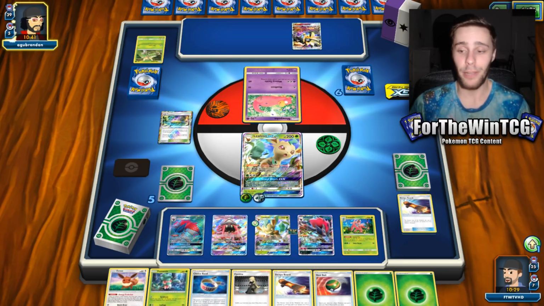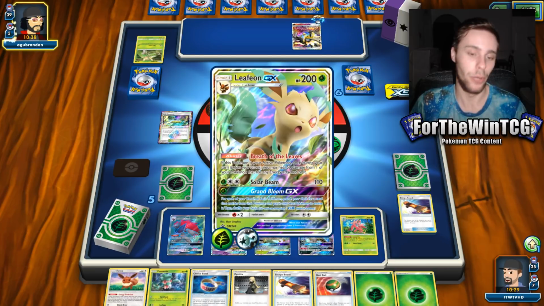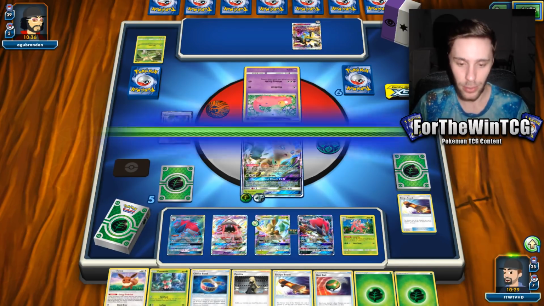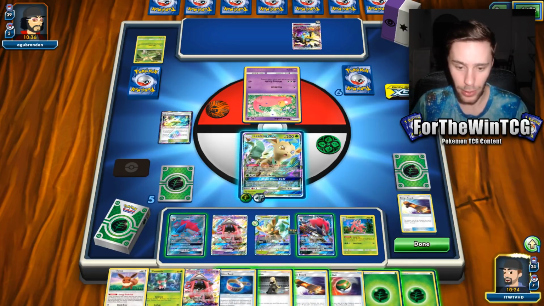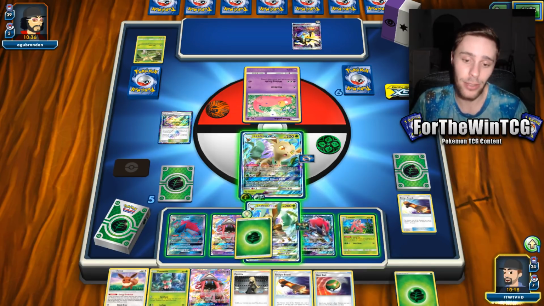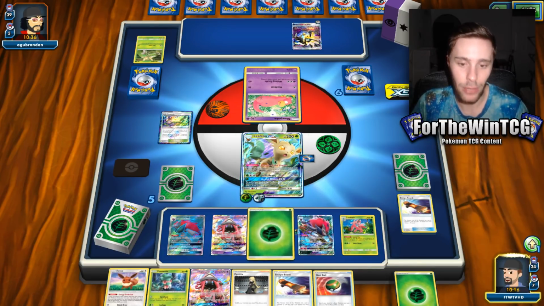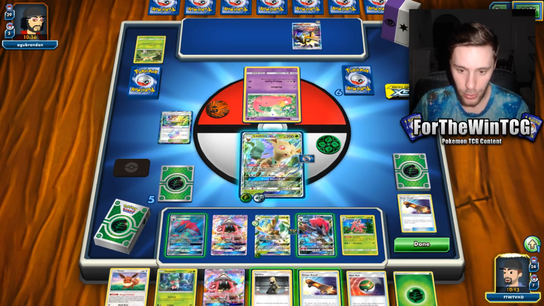Could be wrong, but if not, you could throw Kukui and go to 200 damage with a Leafeon GX, which is not something that many people probably conceptualized. Right, so we're just ahead in the race here. So I'm going to take some time to attach something here. Get an energy. We can just manually attach an energy to this Leafeon, so that way we don't need a DCE once...